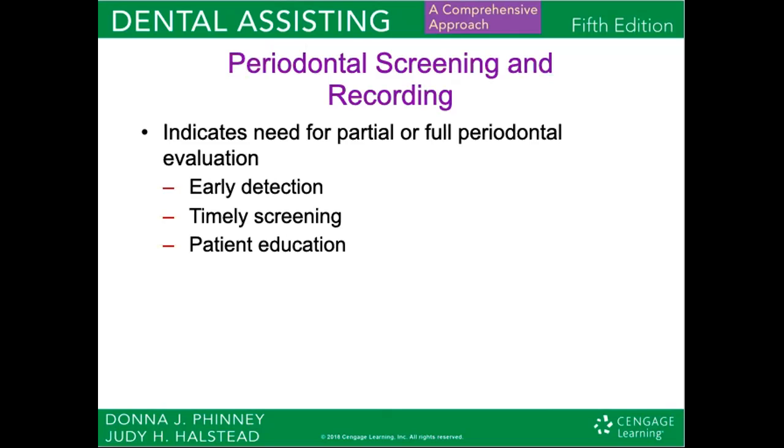Periodontal screening and recording indicates the need for partial or full periodontal evaluation. Early detection should come with timely screening, and the procedure involves dividing the mouth into sextant sections, where there are 3 sections of the maxilla and 3 of the mandible. So, in other words, 3 on the upper jaw and 3 on the lower jaw,